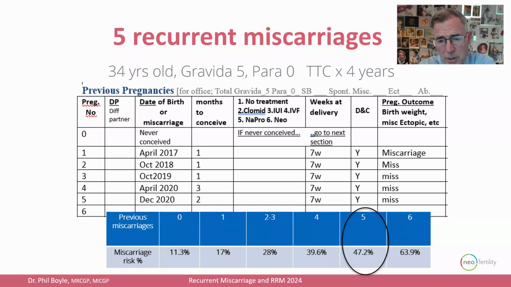So there she is, about a 50% risk that she's going to get another loss. And they're all around the 7-week time, and she's had 5 ERPCs or D&Cs. So that can make the cervix lax. And I would flag that to say I'd be much happier if she would have a suture put in the cervix, because if you get cervical incompetence, you don't know about it until you have a loss at 20 weeks. Now, it is the obstetrician who ultimately needs to make this call, but I would flag that and really ask them, because with repeated instrumentation into D&C, I think that would be wise.